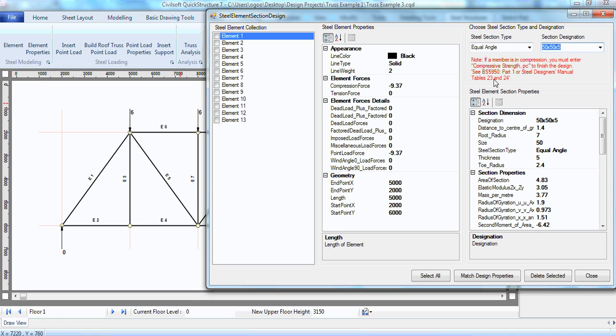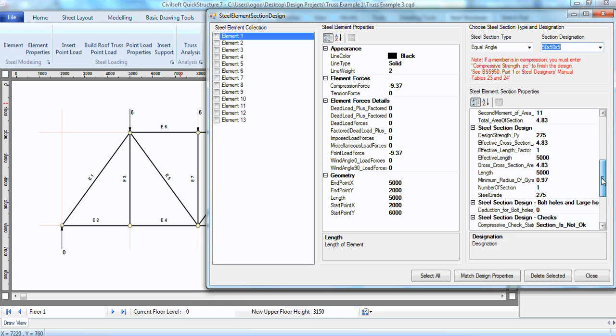Now table 23 actually explains, depending on the type of section you are dealing with, whether the curve is going to be C or A or B or D. For an equal angle iron, if you check table 23, it's actually a C curve. So you now go to table 24, when you are looking at the Steel Designer's Manual. Then at table 24 you are able to choose based on the slenderness. Let's scroll down. Of course, all these are the section properties. If you scroll all the way down,